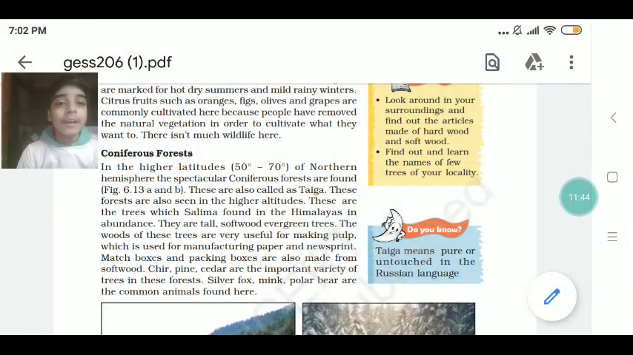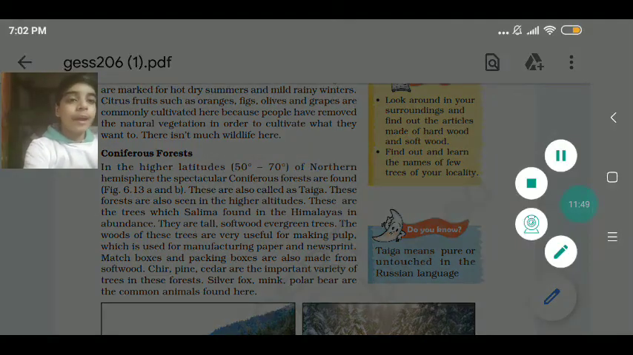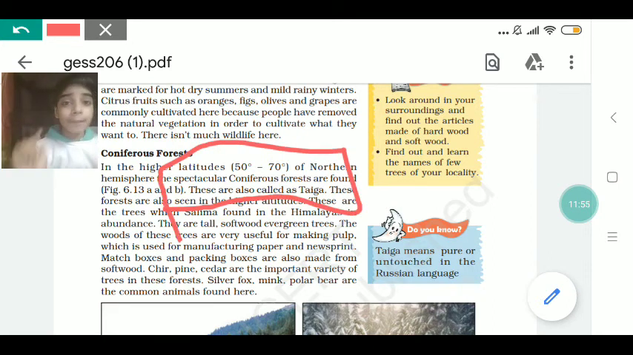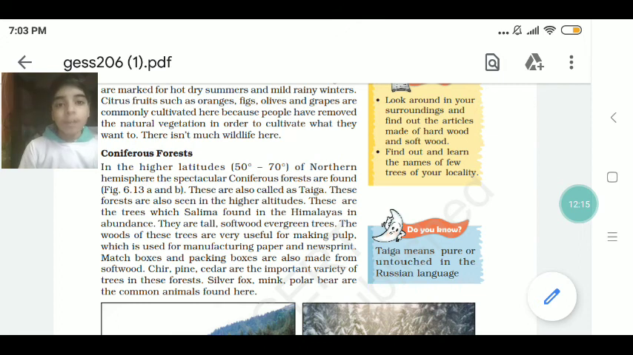So now we have an important fact here. Let me draw it for you. These are called taiga. Guys, there will be a very big confusion for you between taiga and tundra. We are going to read the term tundra in the next coming paragraphs. So taiga, you have to always remember, taiga is used for coniferous forest. This is another name of coniferous forest, and they are found in the 50 to 70 degree of the northern